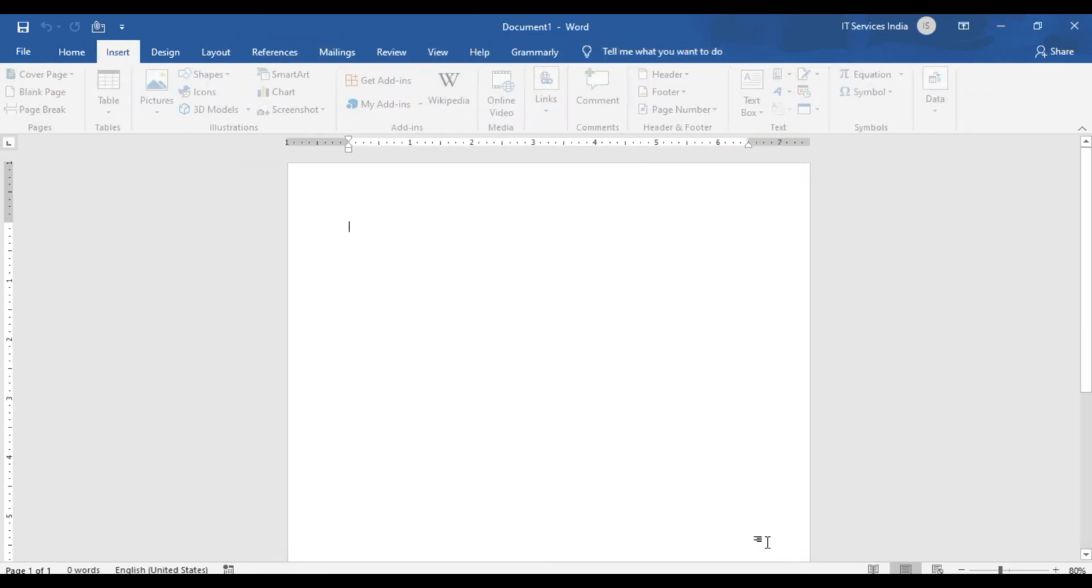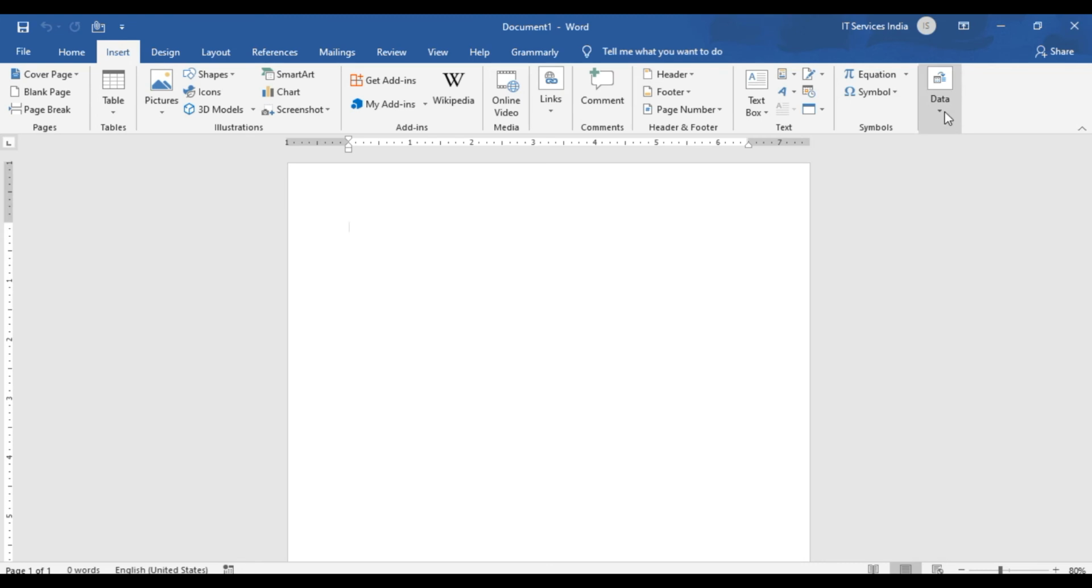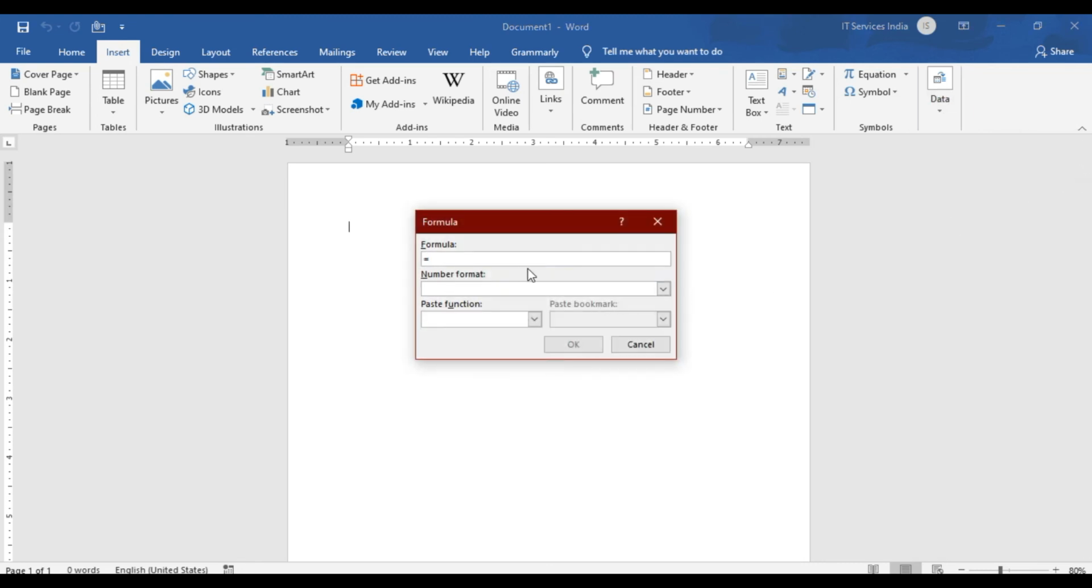Click OK. Now you are able to see there is a Data option in the Insert tab, and under the Data we find the